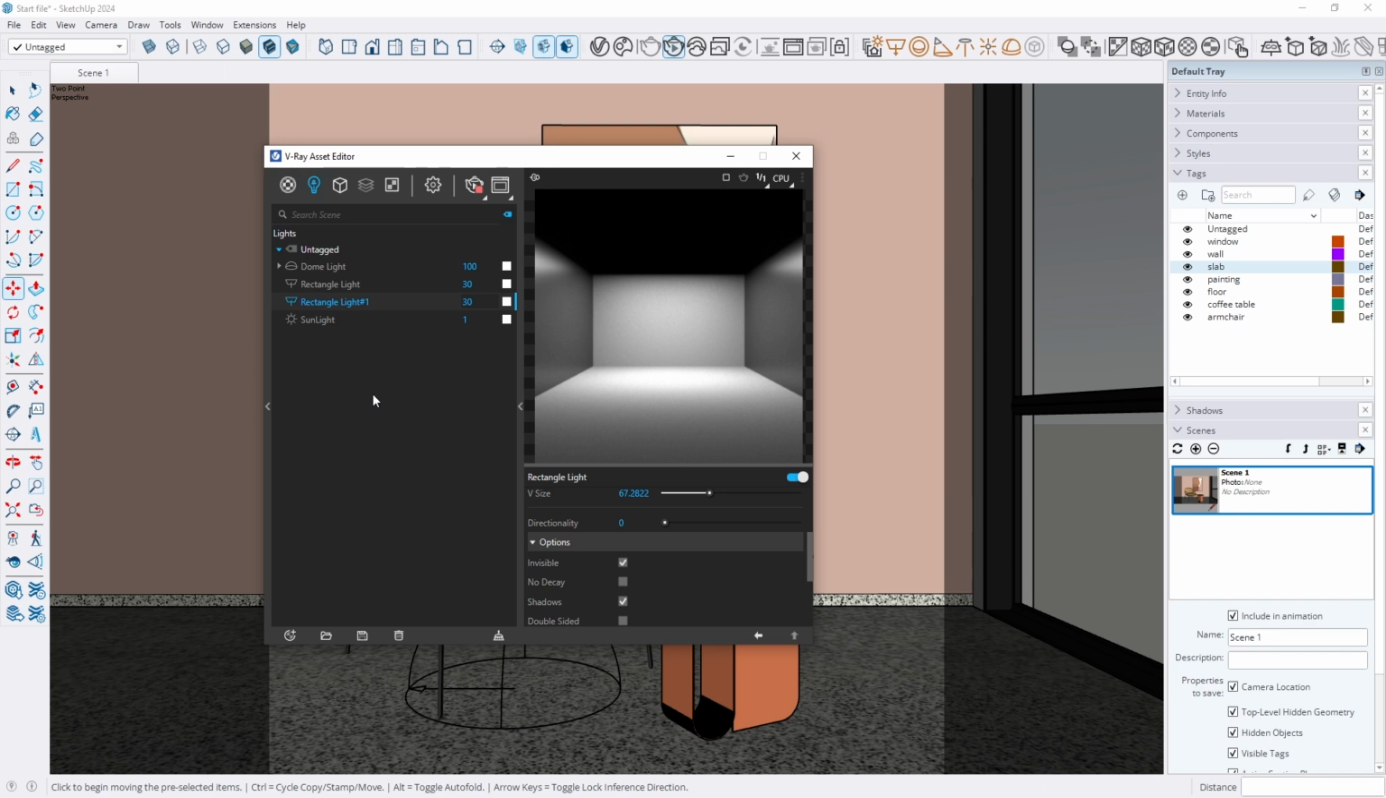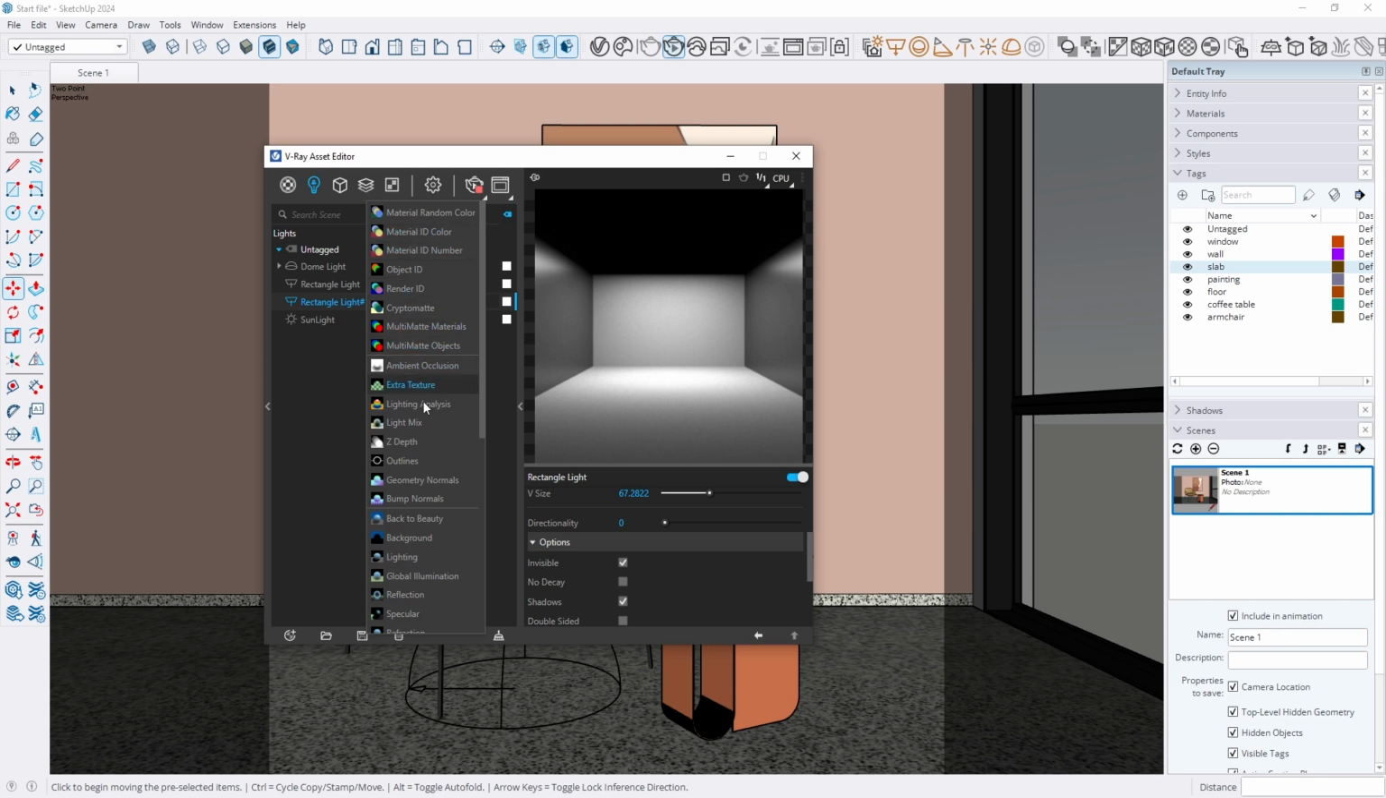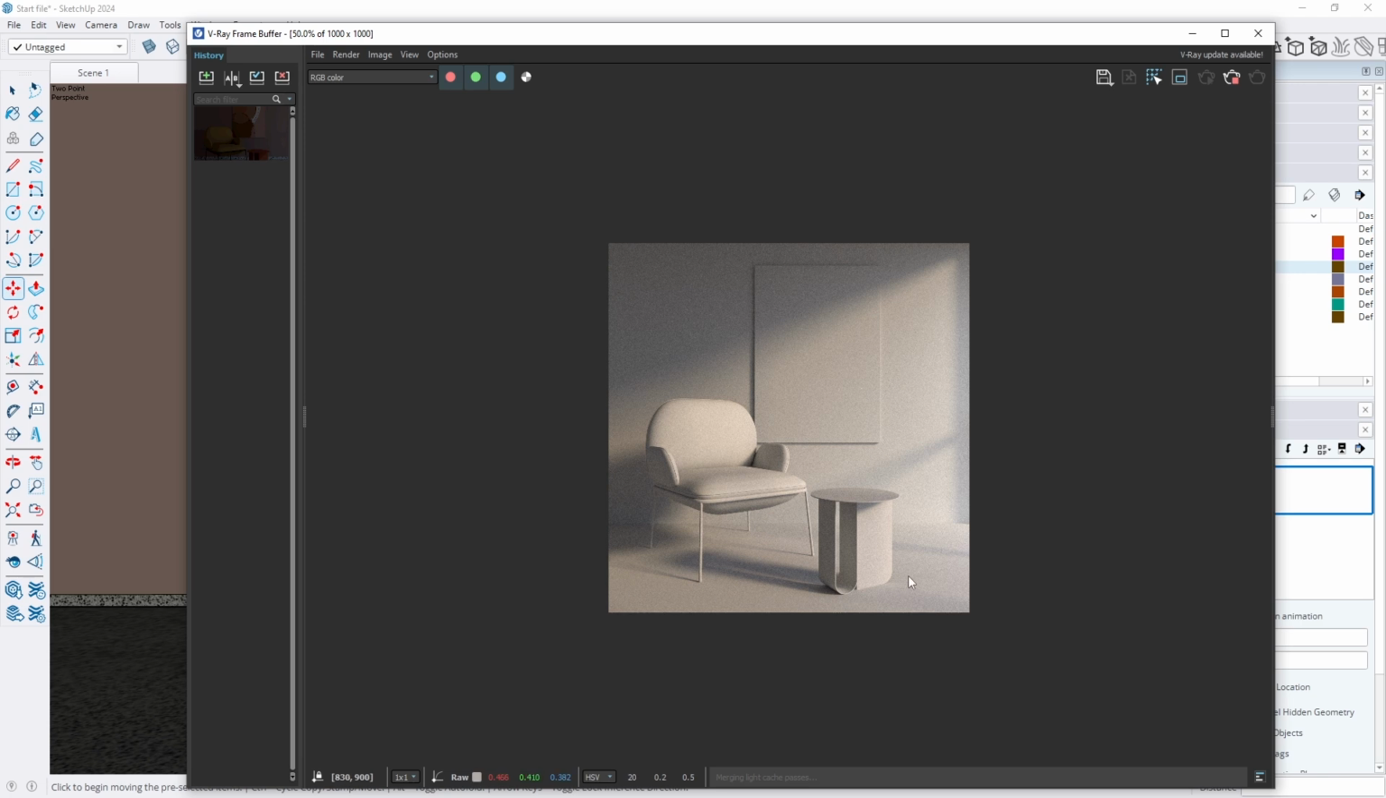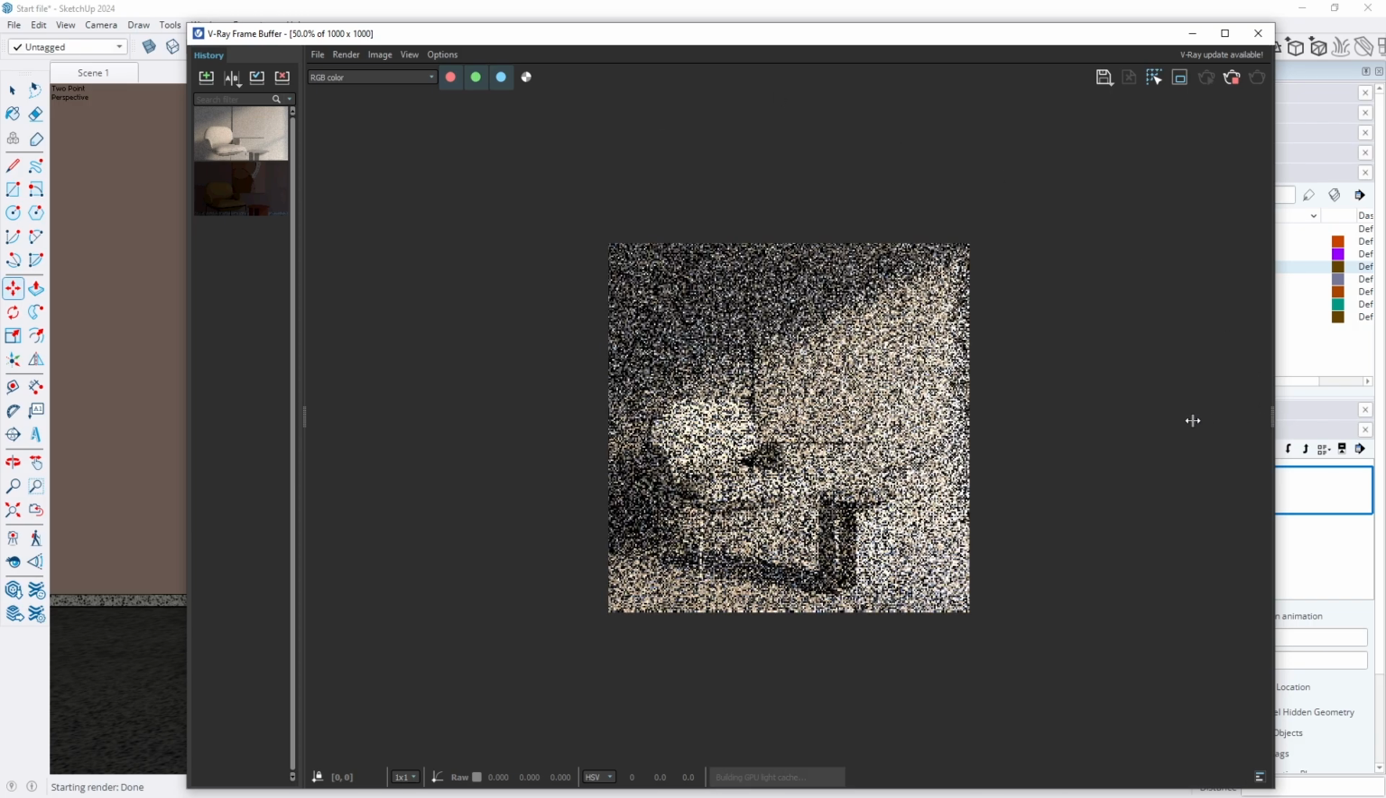But before I do that, I would like to have more control over the lights. That's why I go to the Render Elements and choose Light Mix. Thanks to this, I will have control over light in post-production. So I turn off render and again I turn it on. This time it will be progressive render, not interactive one. Okay, and then on the right side we can expand